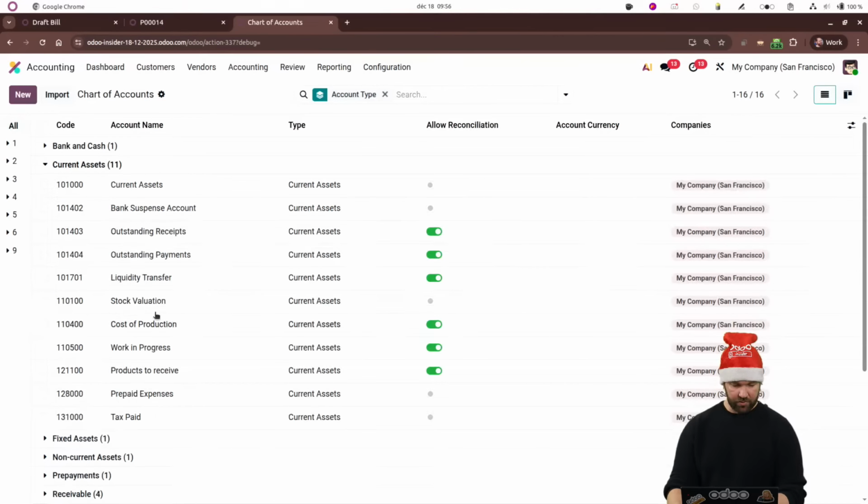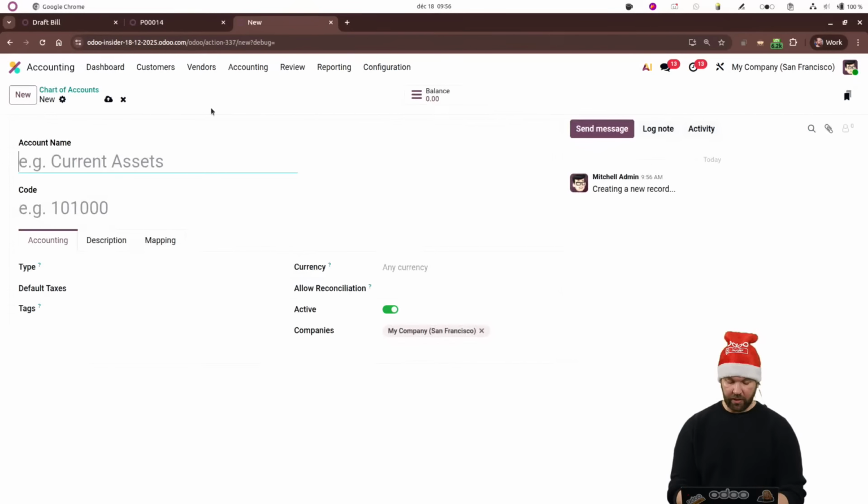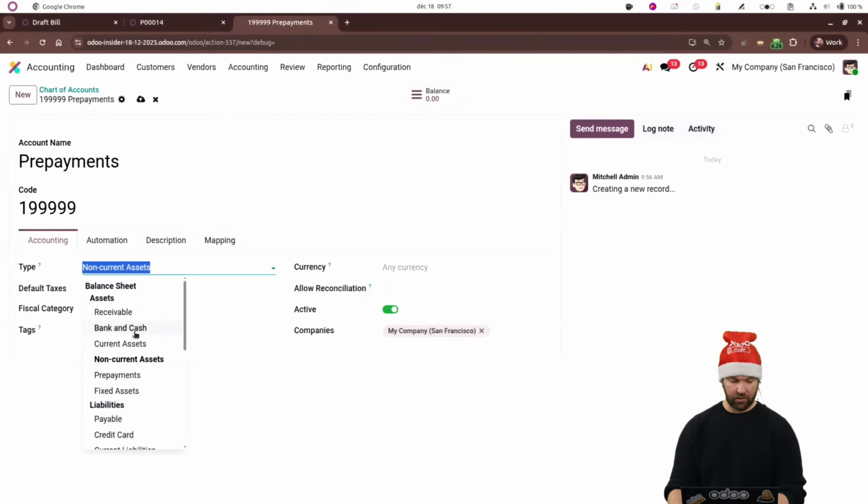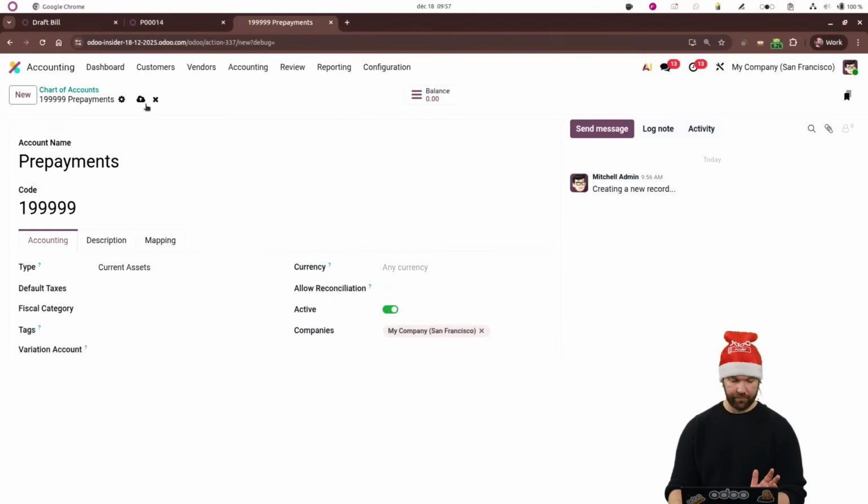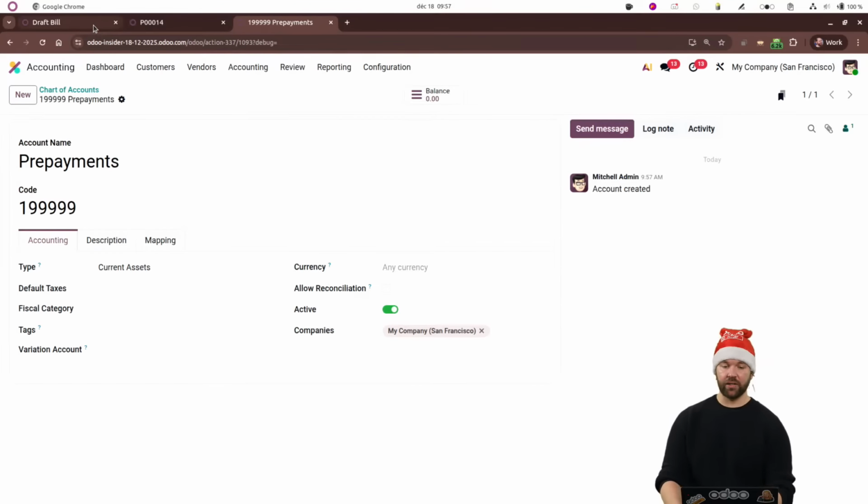Do we have any prepayment? We do have prepaid expenses. I mean, we could consider that, but that would be more for deferred. It doesn't really matter. Prepayments. I'm going to call it an asset of, great, and it's a current asset. Done. So now, going back to my original tab,